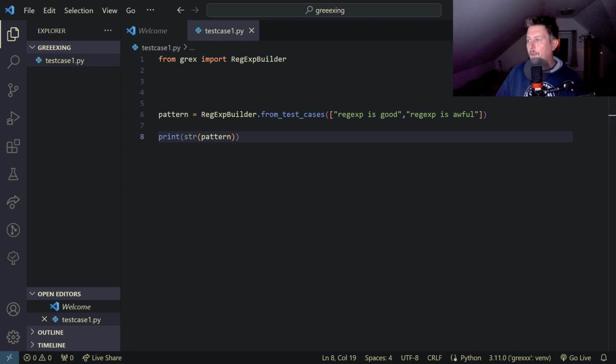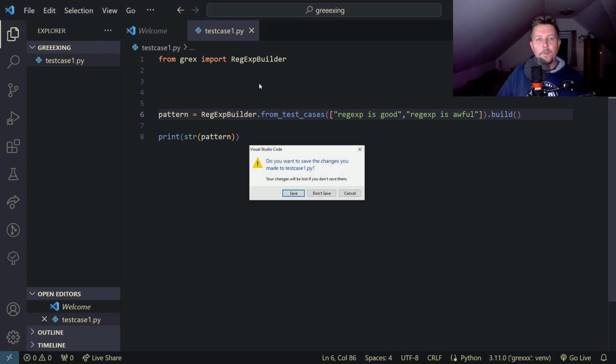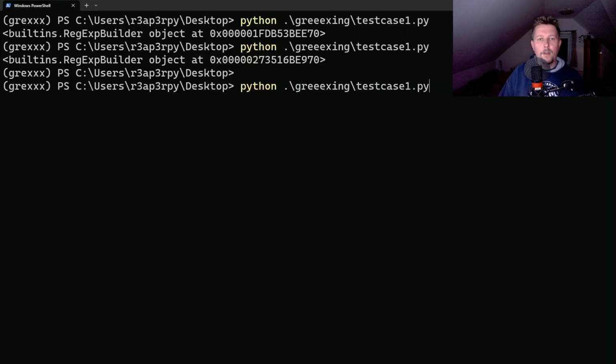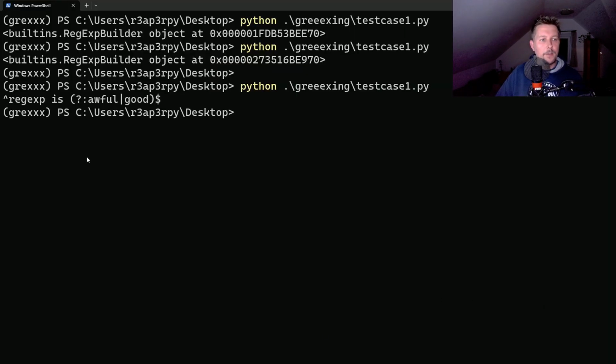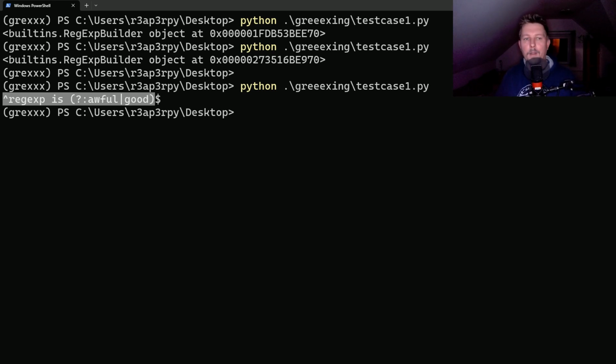So basically, what we would like to do is to use, sorry, the build function. Let's save it. And then if we run it, you can see that this is the regular expression that we have basically created